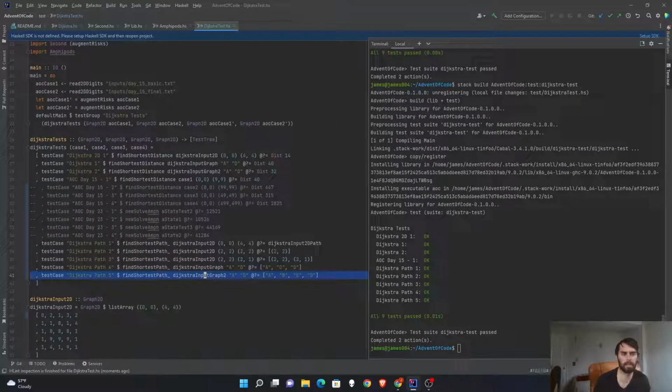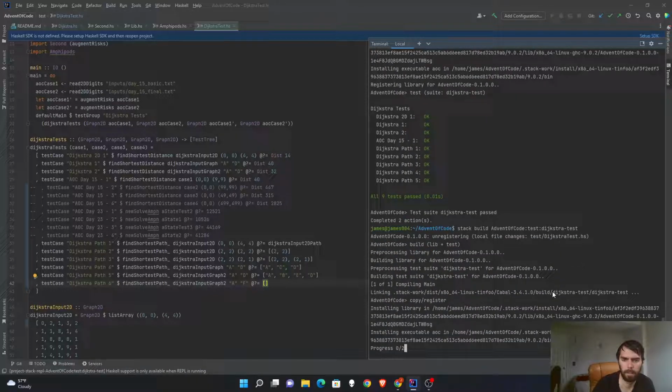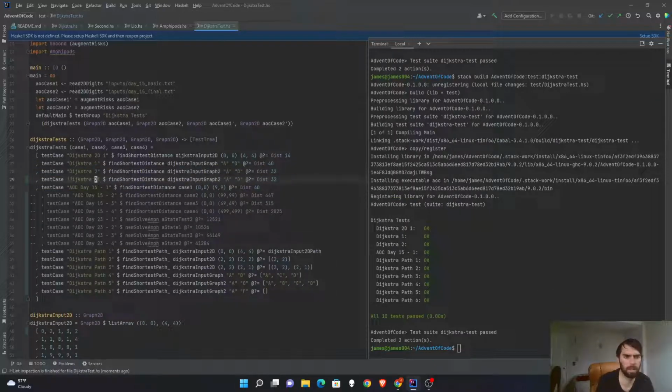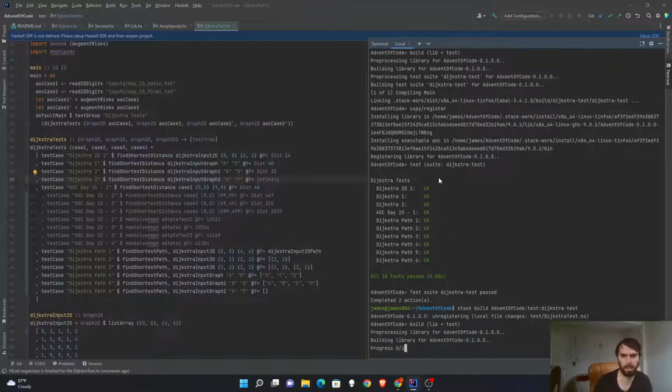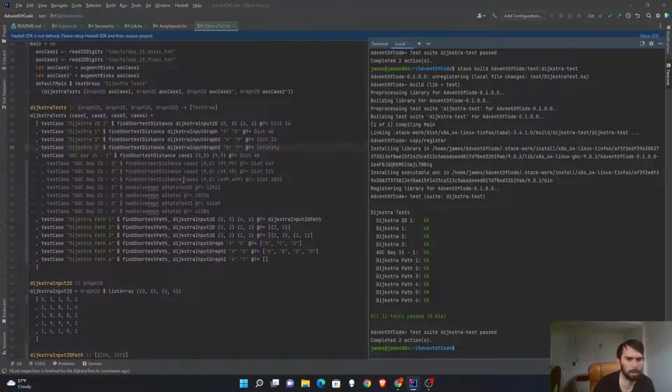So now let's try going from A to F, and that should be empty. Good. We do want to do an extra 3, and say A to F, this should be infinity. Okay, so these cases are looking good so far, and now we want a test case for